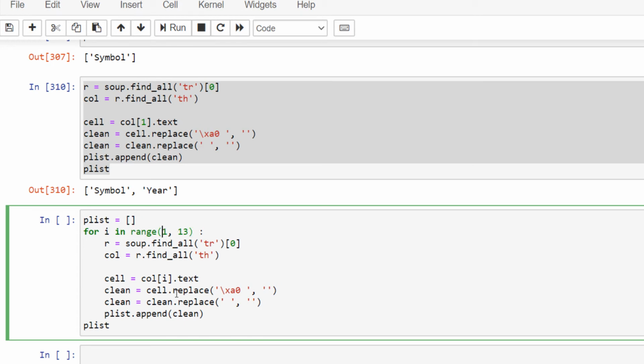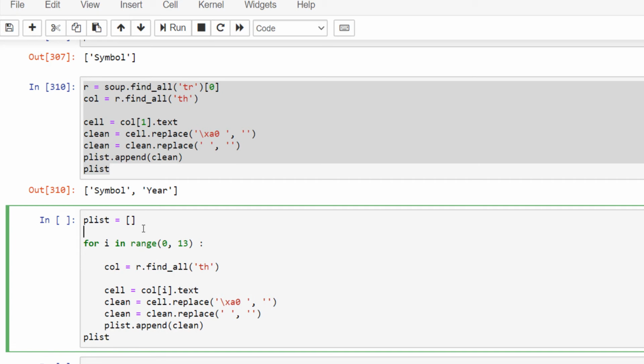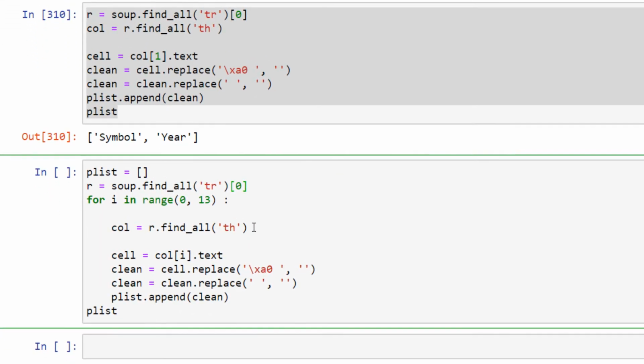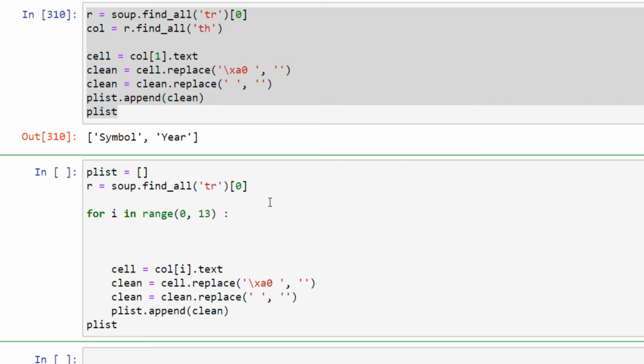So let's read this code. From a range of 0 to 13, and this line again does not need to be repeated in this loop, because once we extract a row, it does not need to be re-extracted each time because we are processing the same row. So from the row variable we are trying to find all the th variable, and again once we extract a column we do not need to extract it again, so it will also go outside the loop.